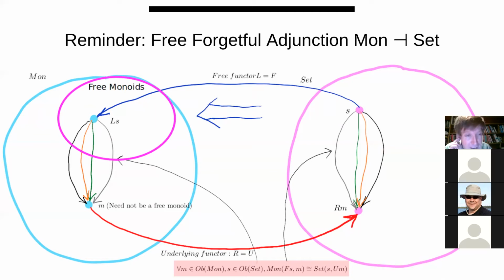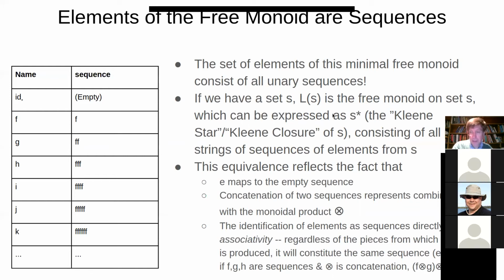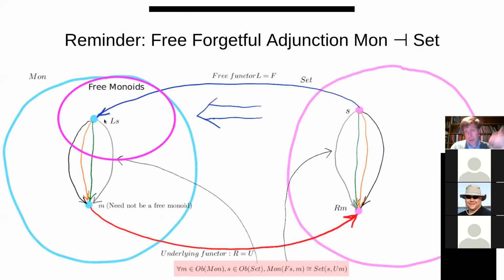Okay, but they're all sequences of those elements, right? This is what I said earlier. So if we have a set S, LS is the free monoid on set S, consisting of elements that are strings or sequences of elements from S. I was a little bit ambiguous in the way that I asked that, and it's a terrible thing in English, the word element. The elements of the sequences are from S, but LS is a monoid whose elements,